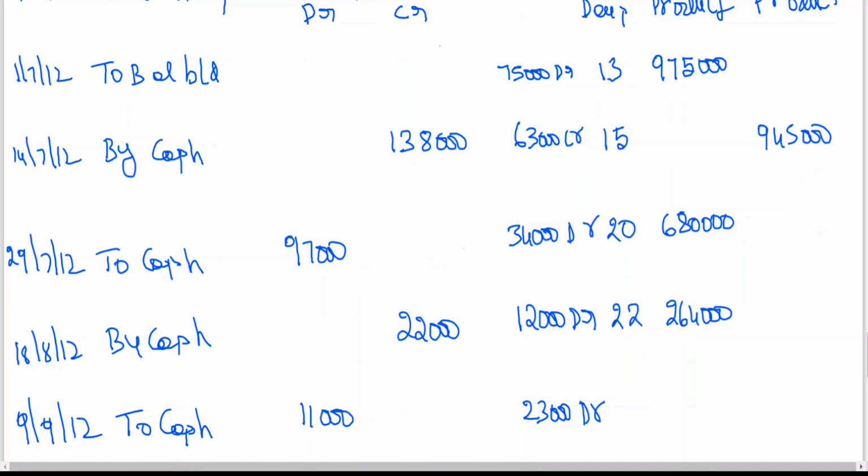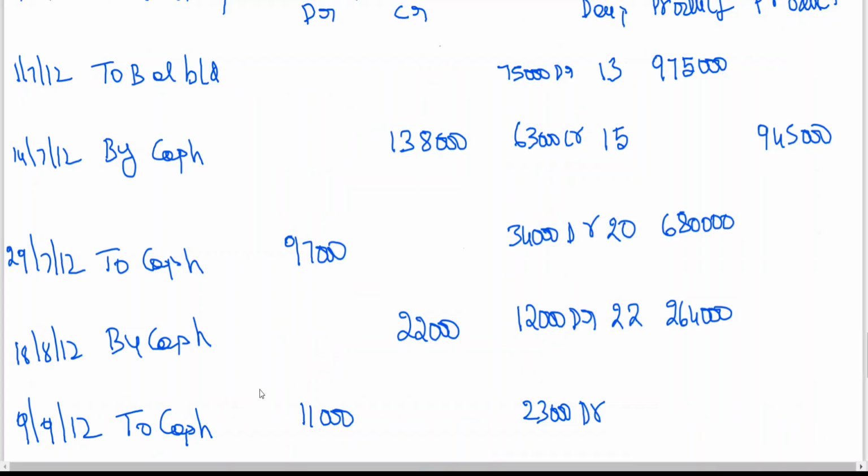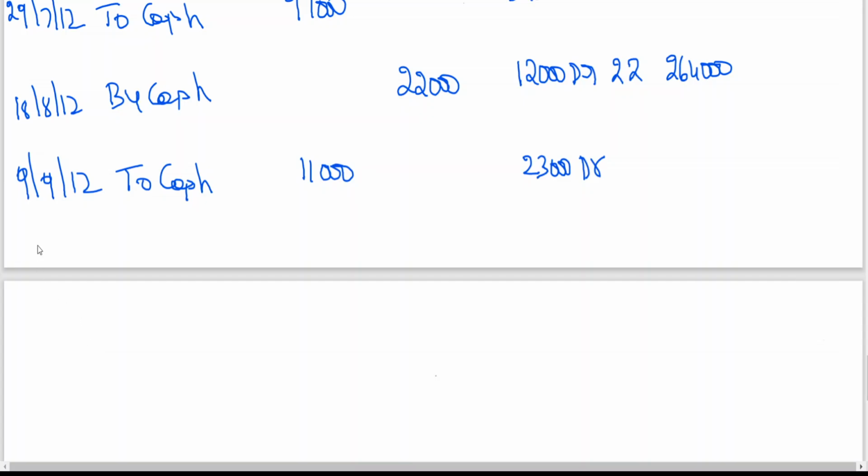Now the question is that when you are sending the statement, you can see 30th September. So for calculation of the number of days, I'll be writing here 30th September 2012. To calculate the number of days, I need to have the closing balance. Okay, my dear friends. Now 9th September to 30th September, generally you will be saying 21 days. But let me tell you, for the last transaction, the 30th September date is also to be included.